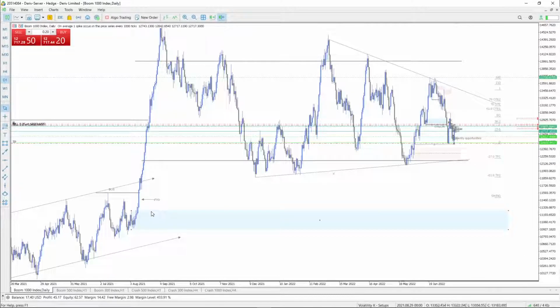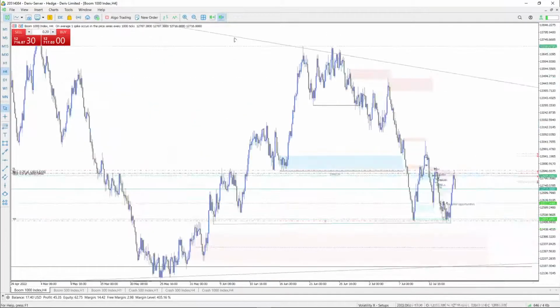So if I'm going to refine this demand zone, that should be it. Yeah, that's it. That's my demand zone right there. So I'm expecting price is going to react very nicely from there. But in the meantime, price hasn't broken this trend line. I'm looking forward to seeing price break it this time around. So yeah, price is still bearish on the daily time frame, and so we move into our